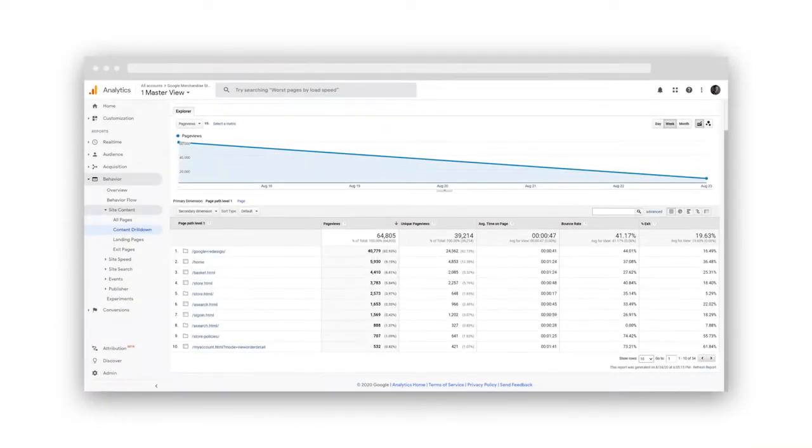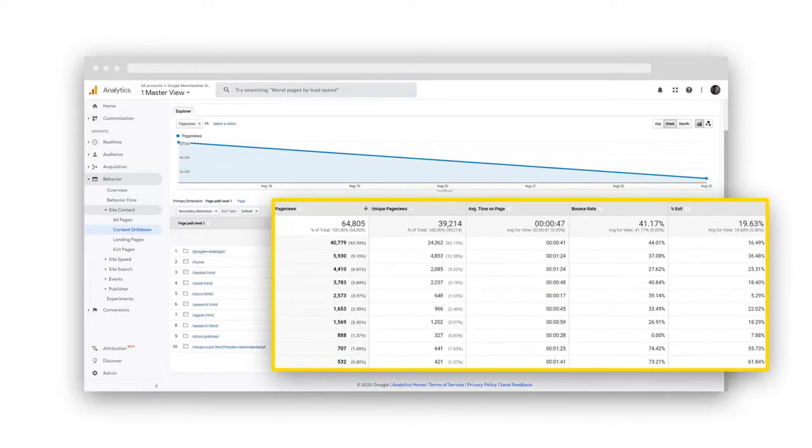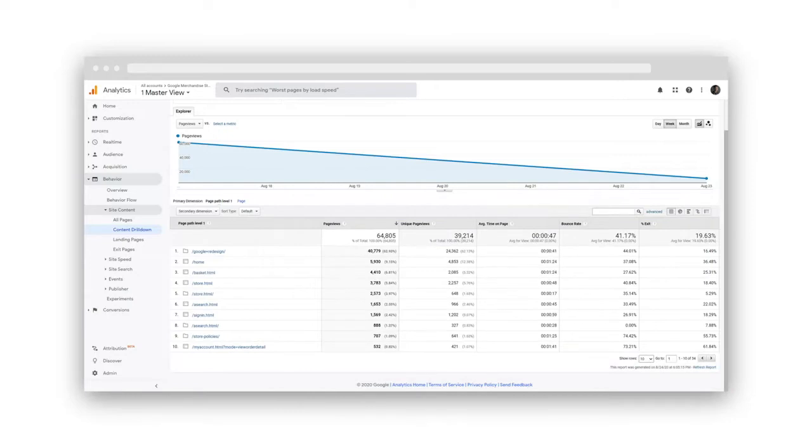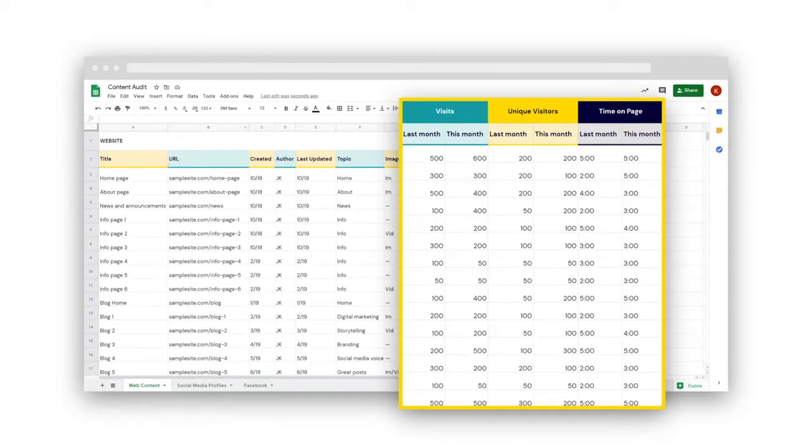Next, collect your metrics. Your business may have internal analytics set up on your website, or you can get these through Google Analytics. Google Analytics will track and report all the user interactions with your website. Remember that while analytics can track all metrics, not all metrics are going to be useful to you. So you'll want to decide which metrics are going to help you determine what content is successful, according to your marketing goals. Typically, the most helpful metrics for content are the number of visits and the number of visitors, as well as the time spent on a page.